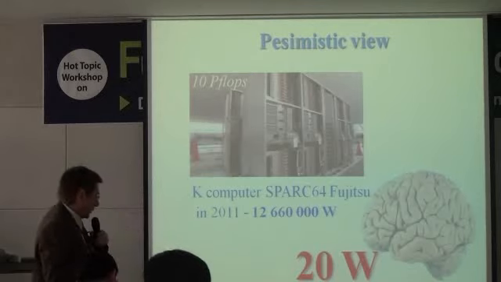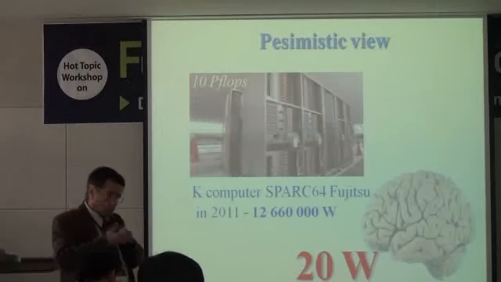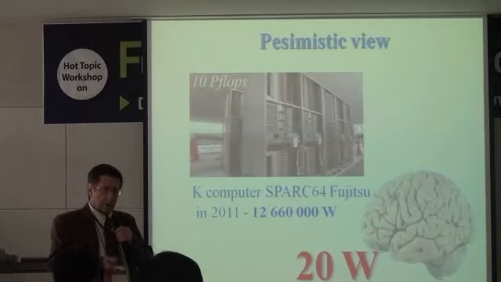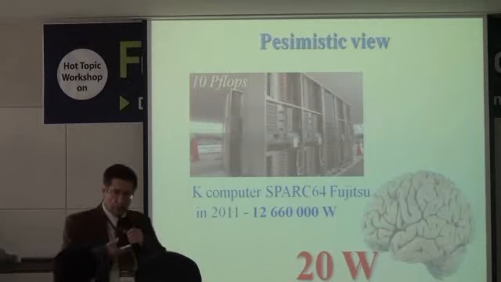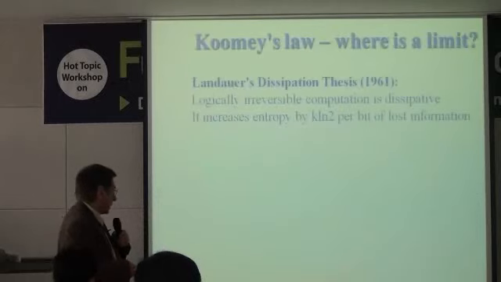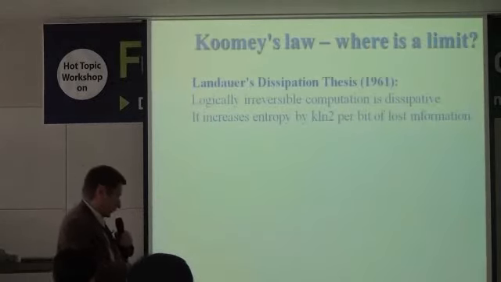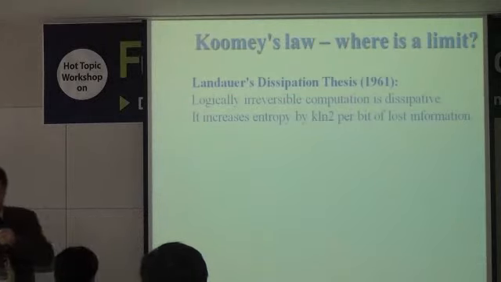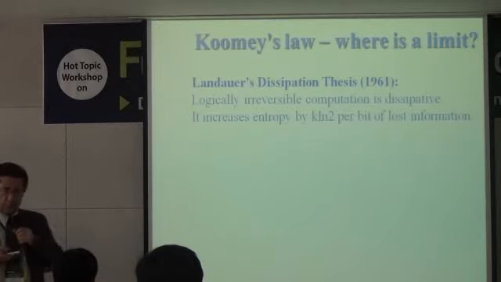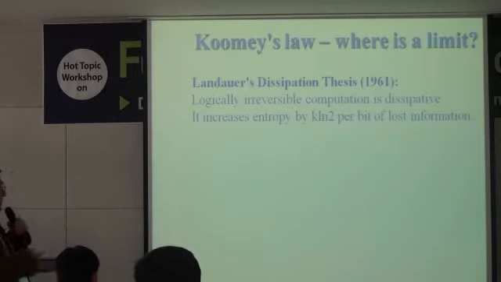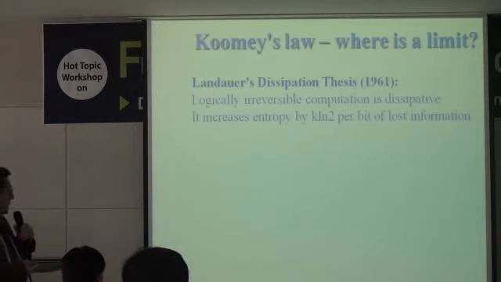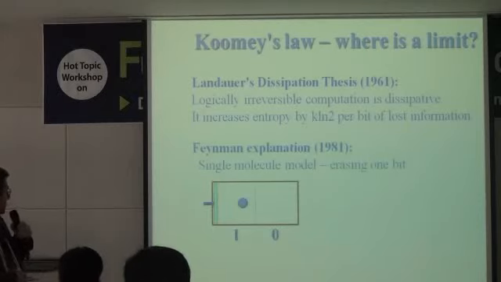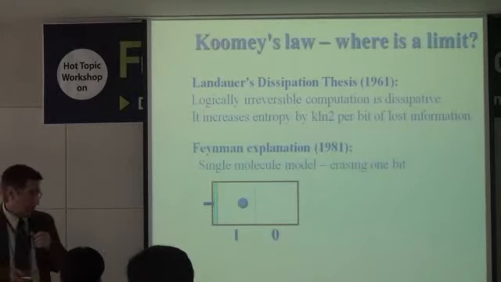Yeah, then what we are looking for is more efficient calculation than we have today with transistors. And why with transistors? Because it is known that for calculation with transistors we have some limits, and one limit is given by entropy, and I'd like to show the Feynman explanation of this limit.